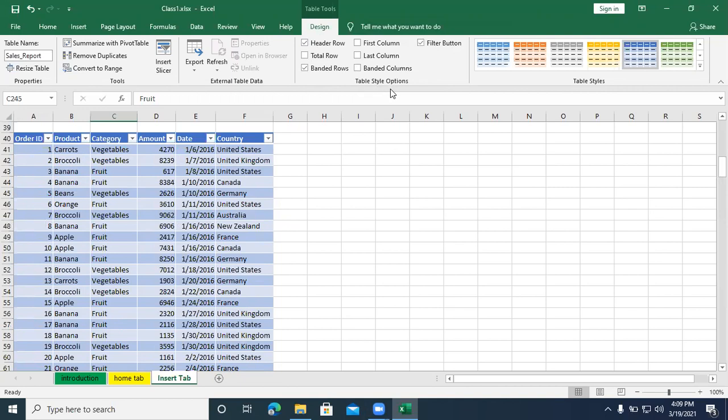Any doubts in this table style options? We'll continue.